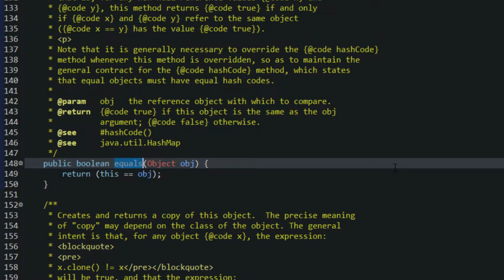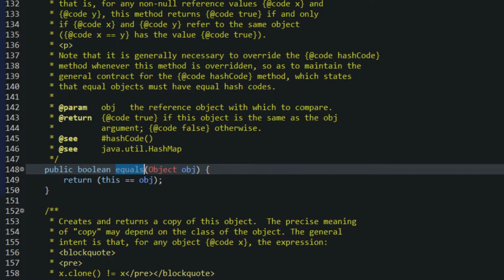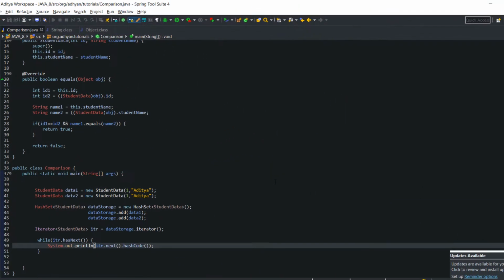You understand this statement? That means whenever you are overriding equals method, you should always override hashCode also, so that you can use all the collections, or you can use Java 100% efficiently. Otherwise, in the collections framework, for different purposes, for that same class, it will give different output. So your code will not work as per your requirement. So it is always recommended, whenever you are overriding equals method, you should override hashCode method also.